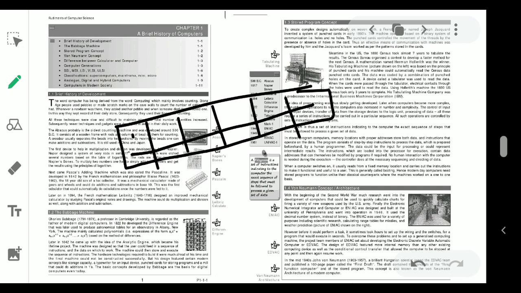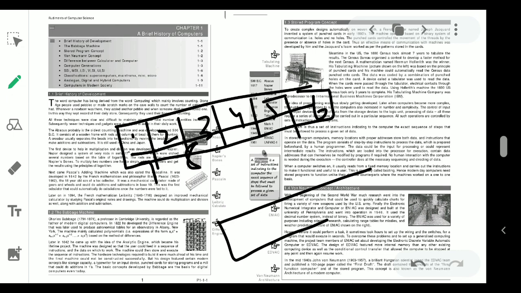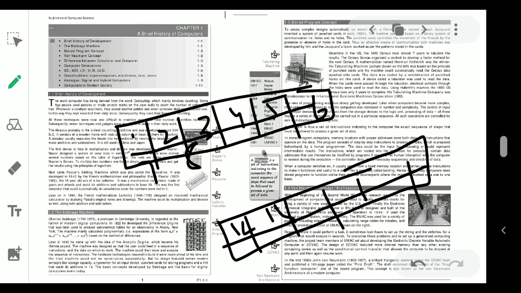Here the markings are 1, 2, 3, 4, 5, 6, here 7, 8, 9, like this. There is another rod divided into two parts with different numbers, 12, 13, 14. Like this, they make two different ivory rods. On each rod, several numbers were based on the tables of logarithms. The logarithm concept was first introduced by John Napier. The rods are better known as Napier's bones.